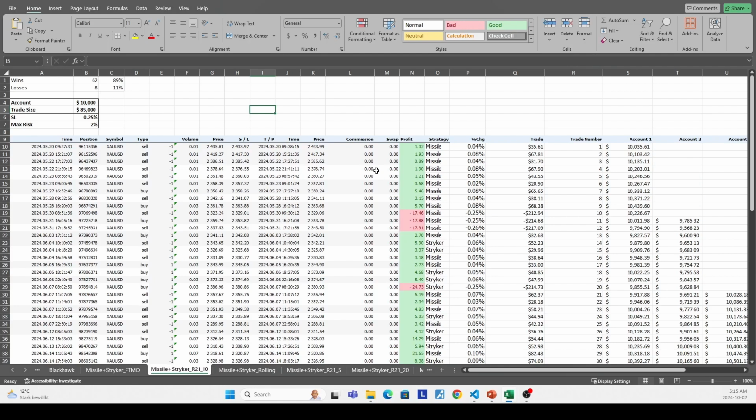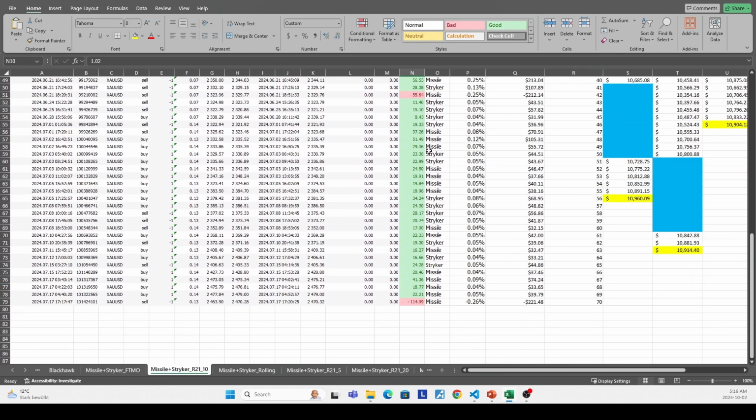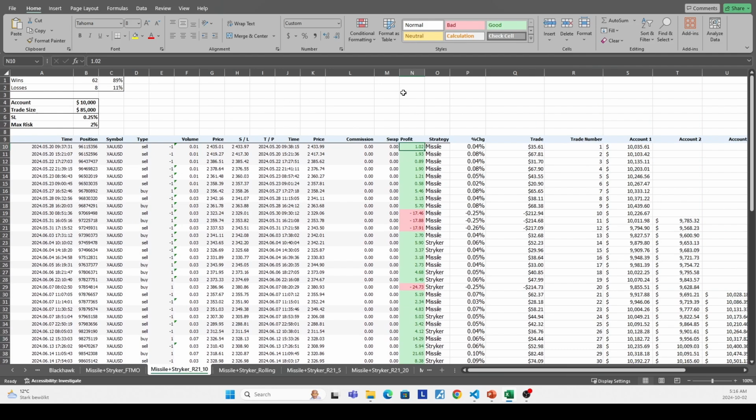This is an example of live trades. So these were trades which I copy and pasted from our live account. And as you can see, we started off pretty small in May when we were starting to run these systems. And they got significantly larger as time went on because we became more confident in the system. But ultimately, the real size which we traded with live was less relevant for this example. So they were all adjusted here to be used to the size which we would be trading in the prop